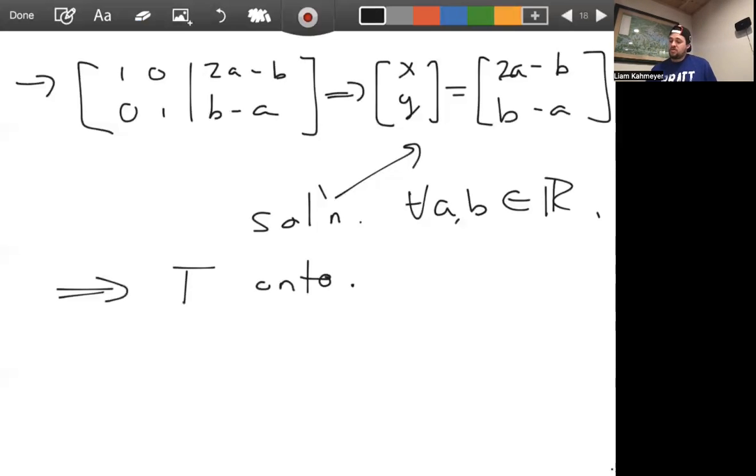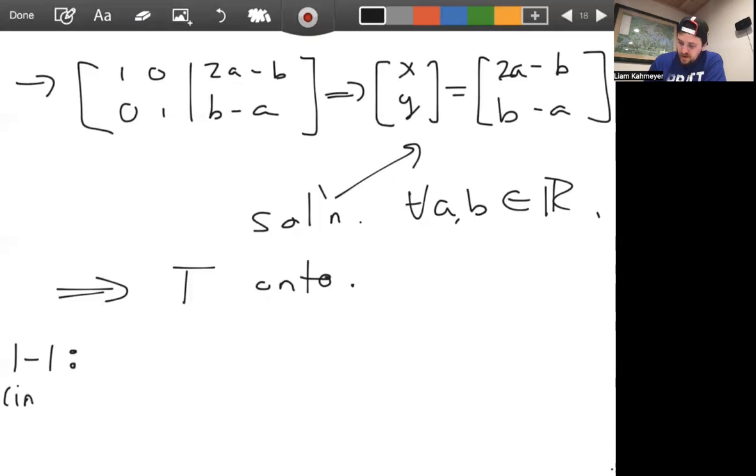Now, if it weren't onto, you would find some values A and B where a solution could never happen. Like maybe you end up with a solution where you're dividing by A. Well, then A couldn't be 0, and in that case you would be missing a point, and so there's no surjectivity. Or if you could only have negative numbers or positive numbers, then there would be points in the codomain that are not in the image. And because of that, you wouldn't be onto. So we've proven onto. Now let's prove one-to-one